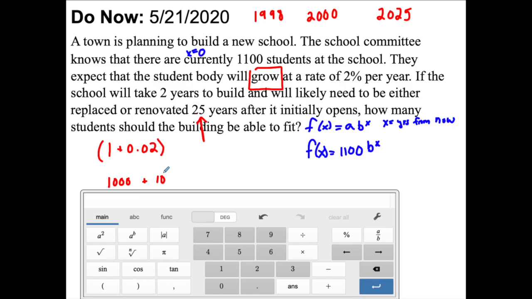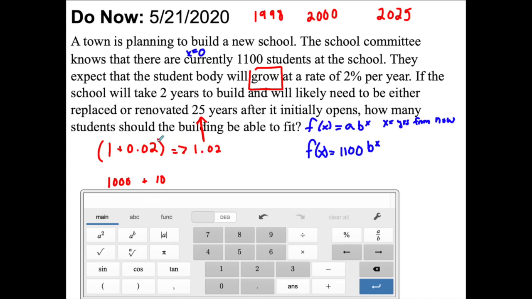Some students come, some students go, okay? And so then we're at 1,100 now. So next year we'll have that 1,100 plus some additional new students, and so on and so on. Right now we will have people who will graduate, but we know that other people will come in, and they will kind of fill those numbers out, so to speak. Okay. So what that means is that our B value is